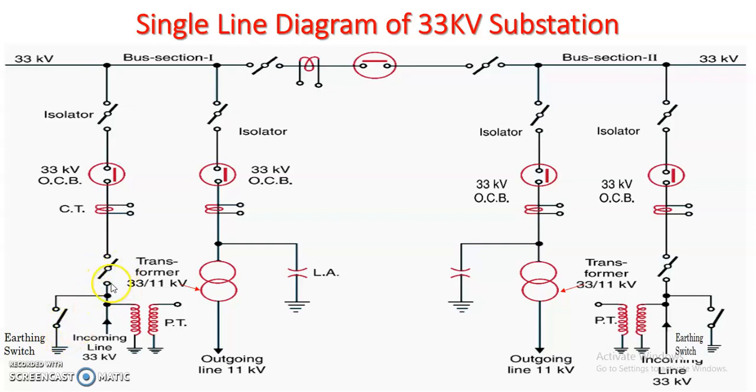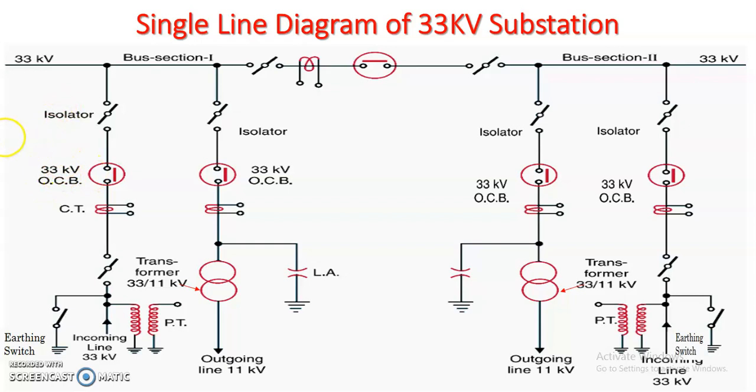Then next here is the isolator that will open or close the circuit in no load condition. As we know, an isolator will never operate on load condition; we have to operate it at no load condition. Then next we are using CT, that is current transformer. As we know, there are two types of CT: one is measuring CT and the second one is protecting CT. The measuring CT will measure the high current, and the secondary of the protecting CT is shorted and the terminal is earthed in order to protect the equipment.